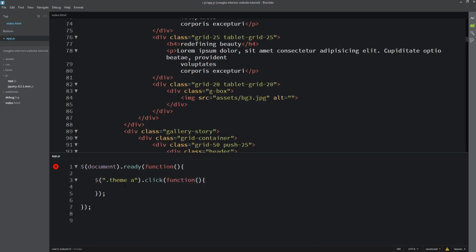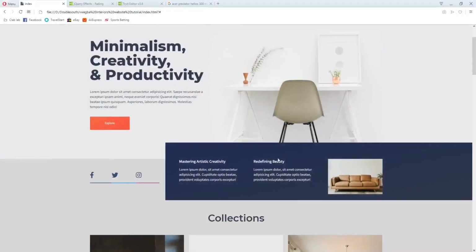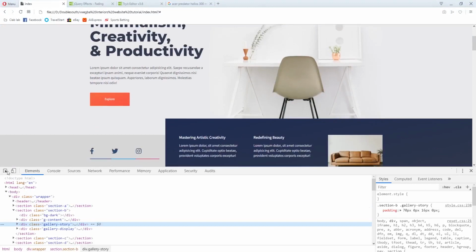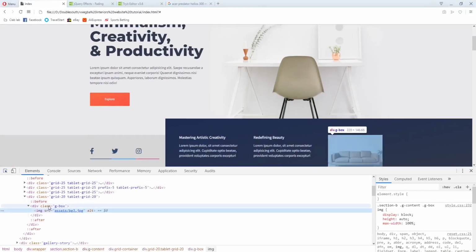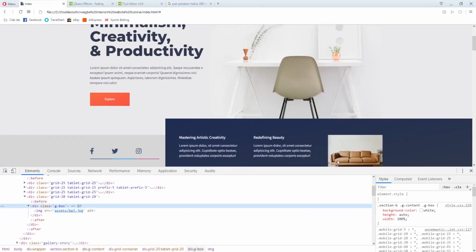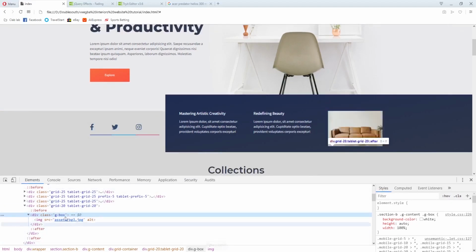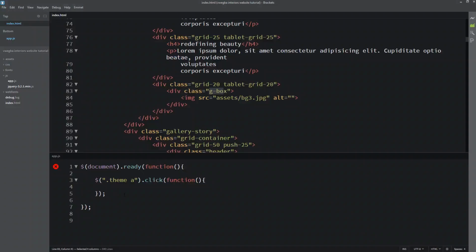And when we fire this function, we target this box, the image box. So I'll come here and say dollar dot gbox.